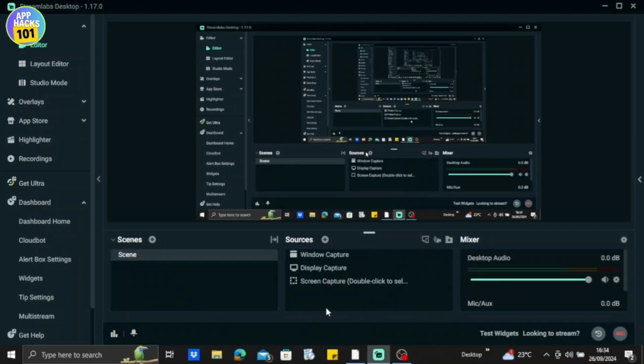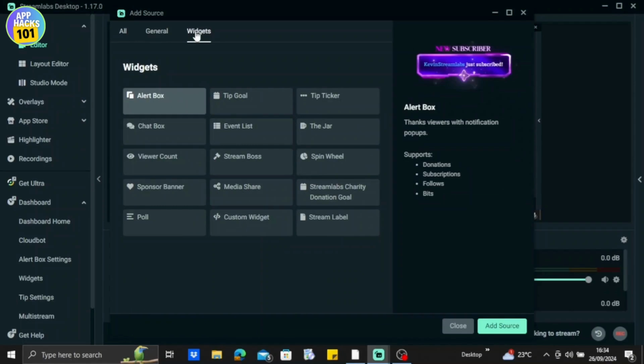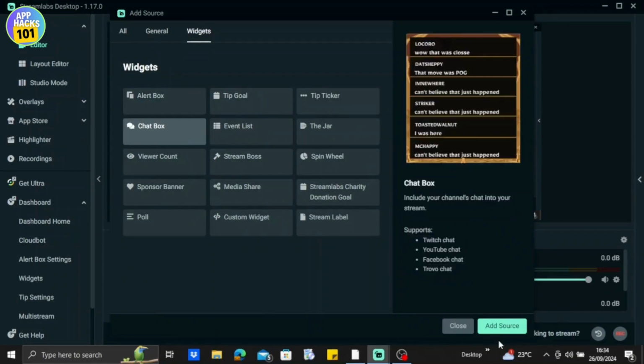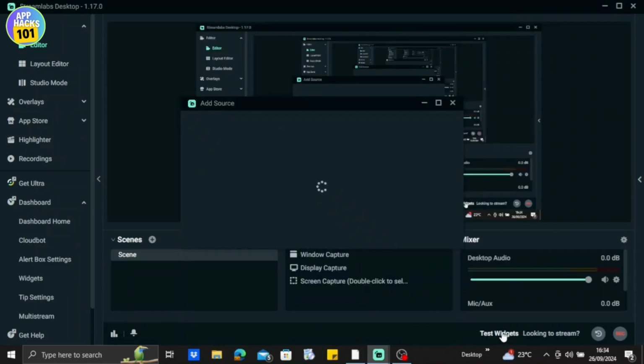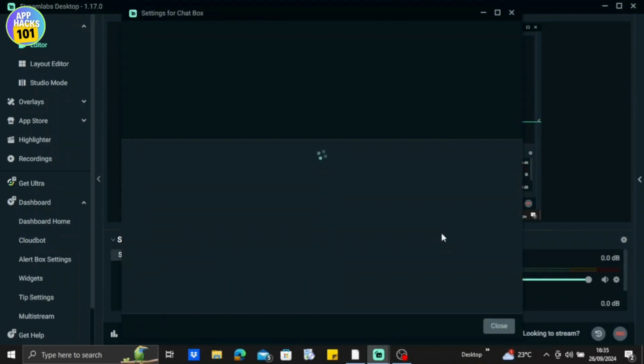So the very first thing I want you to do is go to sources and tap on this plus icon. After that, I want you to go to widgets. And here, I want you to go to Chatbox and tap on Add Source. After that, tap on Add Source. And here,